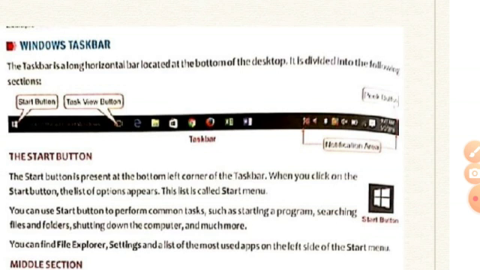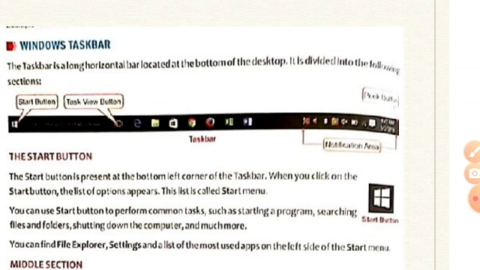Now we come to the middle section of the taskbar. This section of the taskbar shows the opened programs as buttons, as icons. You can add more buttons of any programs that we want to open quickly, without looking for them in the computer, with a single click. It's like a shortcut created here. I'm sure this kind of option we find in our mobile phones too.